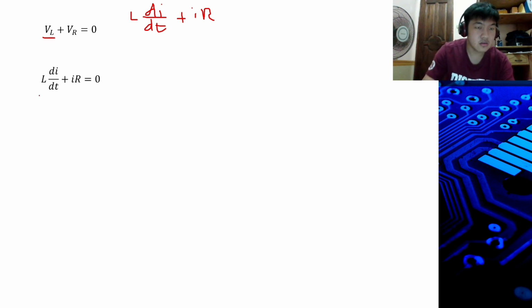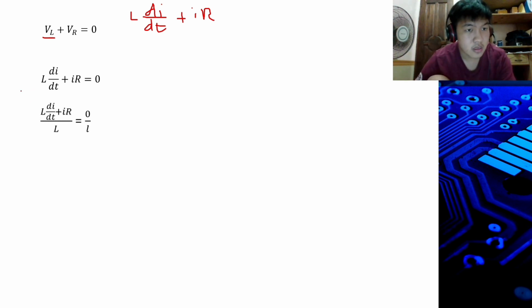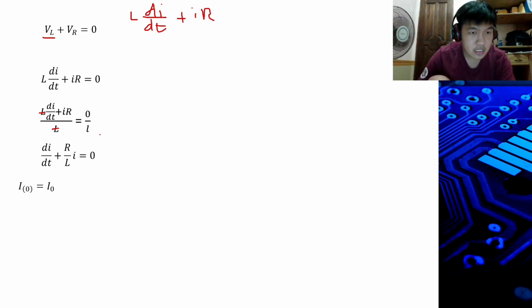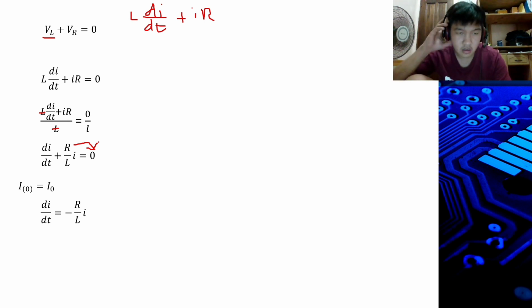So L of di over dt plus IR is equal to 0, and dividing both sides by L, canceling L, then di over dt plus R over L I is equal to 0. Transposing R over L I to the other side, we get di over dt is equal to negative R over L I,